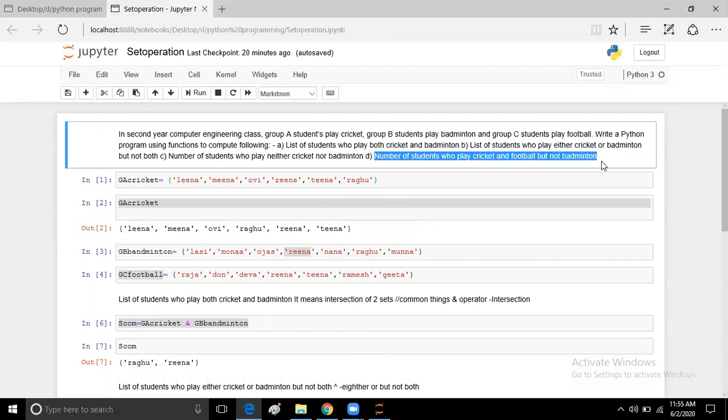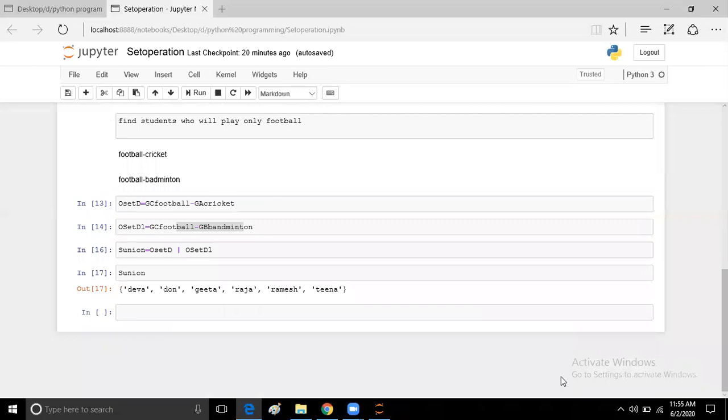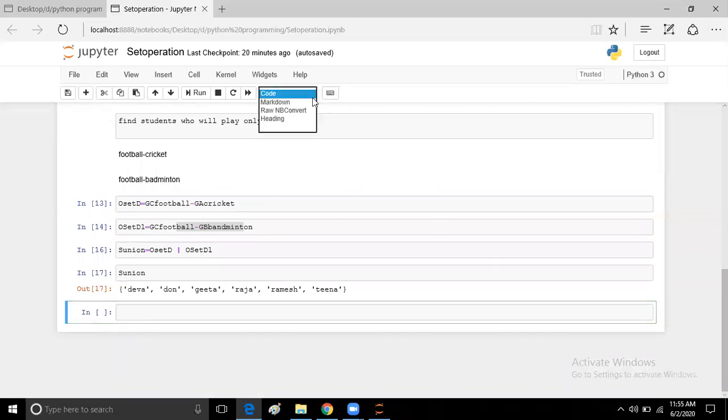Okay, fine. Now here you can see cricket and football means what? We have to find out the intersection between cricket and football. First let it be clear. For this kind of assignment you must have a clear idea of set operations, the different set operations.